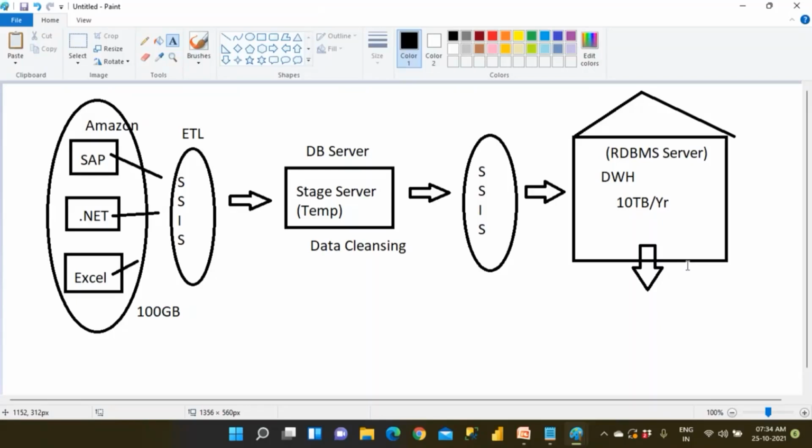Every month, 100 GB of data is very, very small. Every month Amazon is getting terabytes of data, or at minimum 300, 400, 500 GB of data. Millions of transactions they'll be having, right? So they'll put the data into the data warehousing, which is one more server, maybe an Oracle data warehousing server or a SQL Server data warehousing server. So you need to understand, warehouse means bigger hardware.